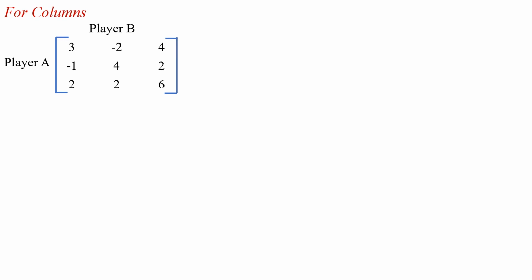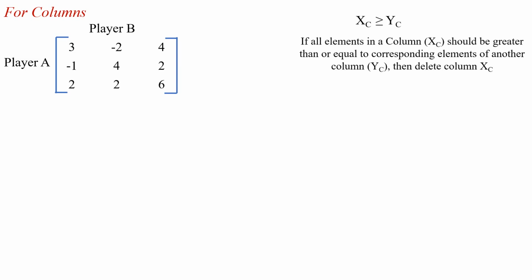Next we apply the dominance rules for the columns. We know that if all the elements in a column, let us consider xc, are greater than or equal to the corresponding elements of another column, let us consider yc, then we have to remove the column xc. For this, first we have to determine the sum of all the elements in each column and write it as